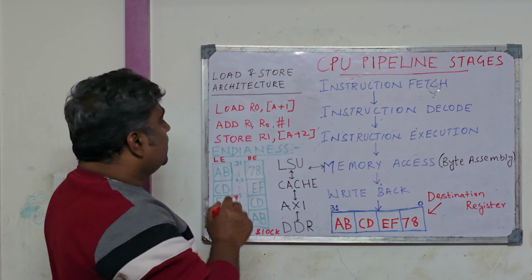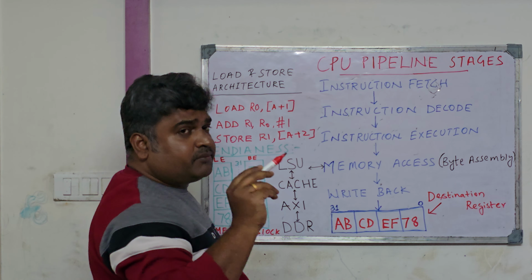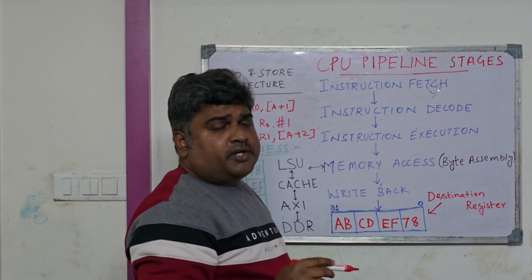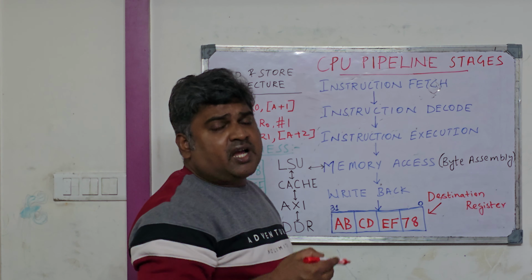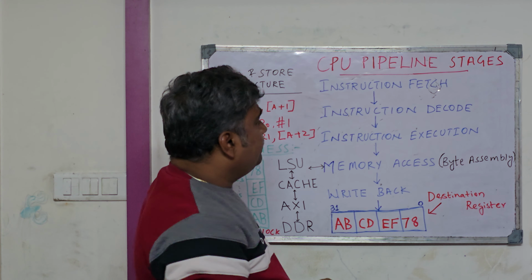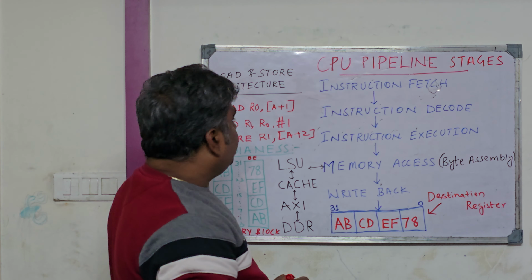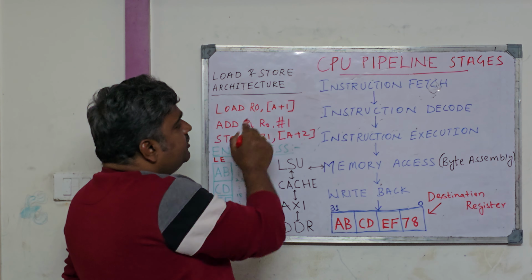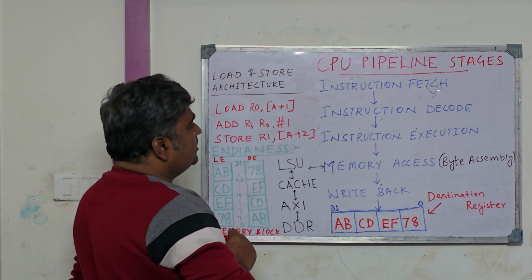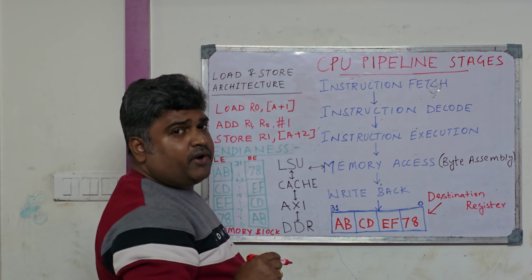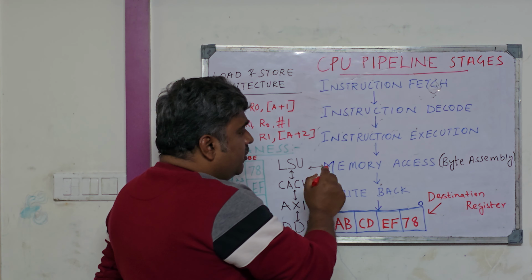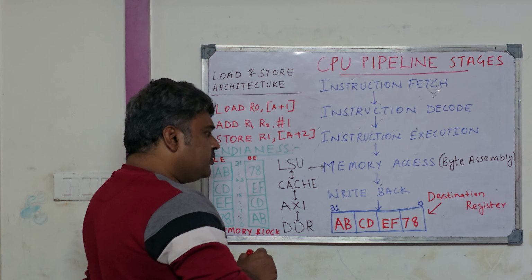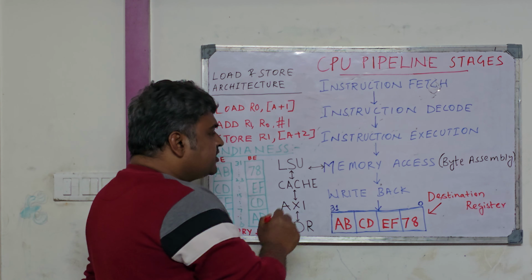For example, the CPU fetches the load instruction from the instruction cache. In the next stage, the instruction is decoded, where the values of the operands are read from the register file. In the execution stage, the absolute address is calculated from the value within the base address register with the offset value. In the memory access stage, the load and store unit will request the cache controller to fetch the value